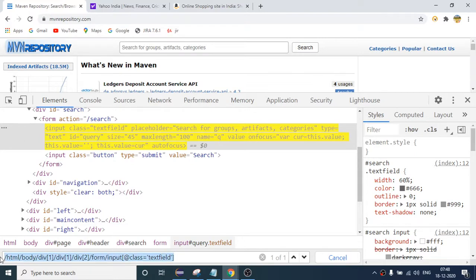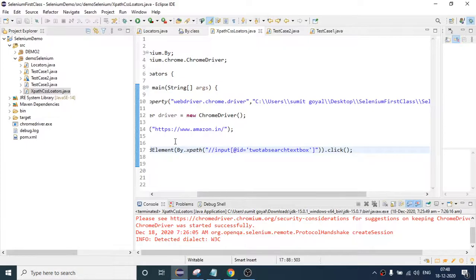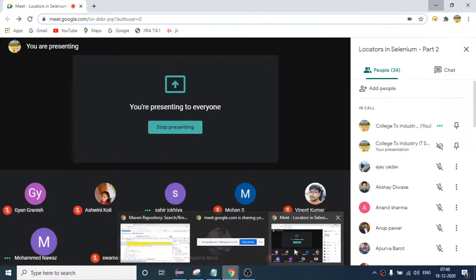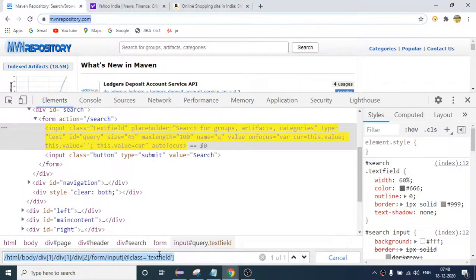Once you form the XPath, suppose this is my absolute XPath. If I copy this and I want to send some data, first of all let me open the website. So here I will open the website and then copy this absolute XPath.